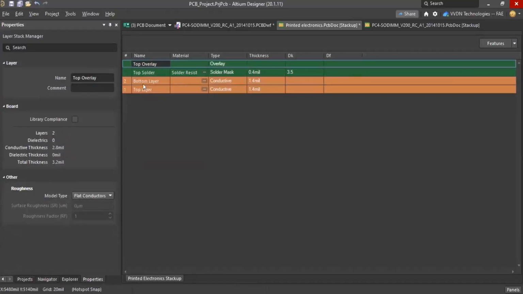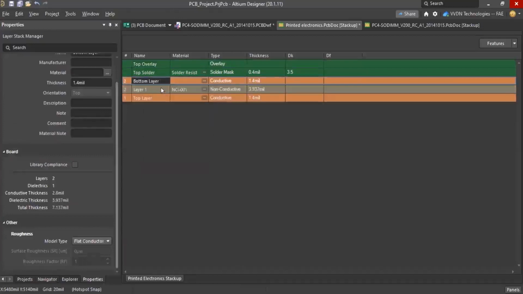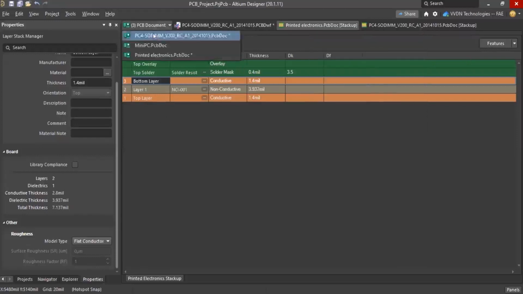We can include one non-conductive layer in between to maintain the isolation, because we know that there are crossing pathways. So you can include that. Then, this is a non-conductive material, and since it is printer electronics, we don't have a bottom overlay and bottom solder, so you can remove those. Save this one. If you go to the PCB,